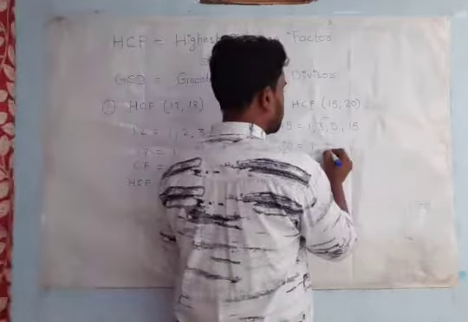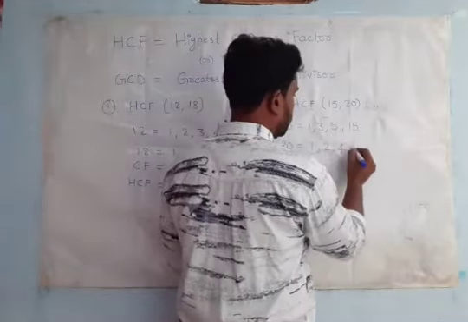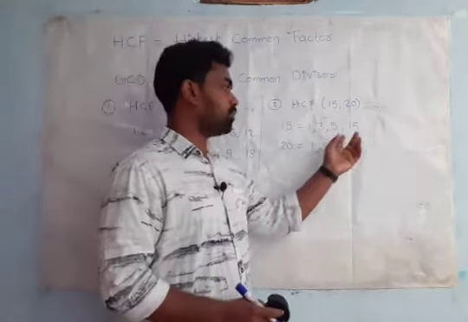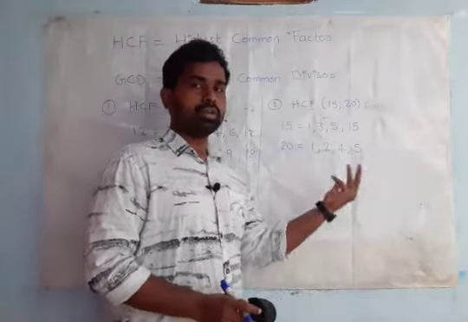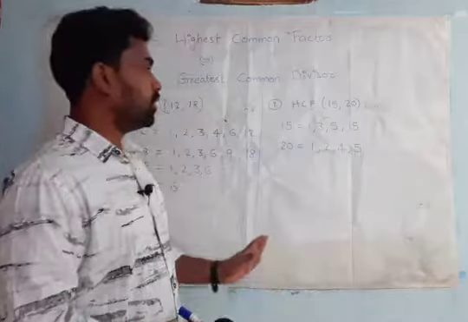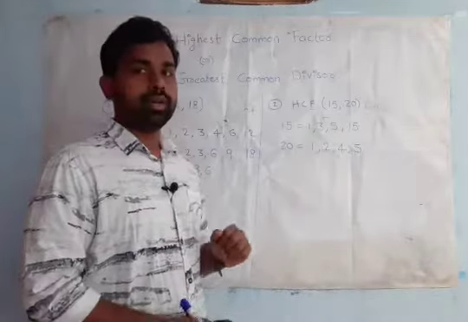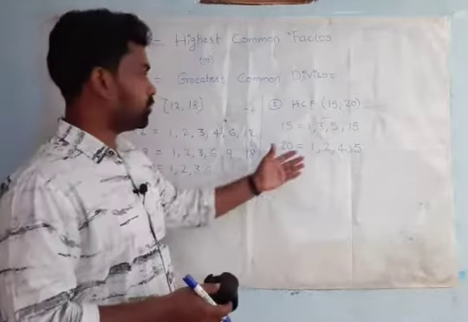Next, in 3 table 20 is not there. In 4 table, yes, 4 5s are 20 is there. In 5 table, 5 4s are. Now you see both numbers came side by side. 4 5s are and 5 4s are. Yes or no? So what we need to do? We have to stop writing up to here. Then how do we check for other numbers? Actually, we need to check up to 20 tables. But I don't know all tables.